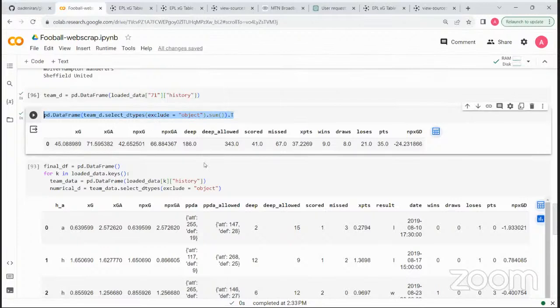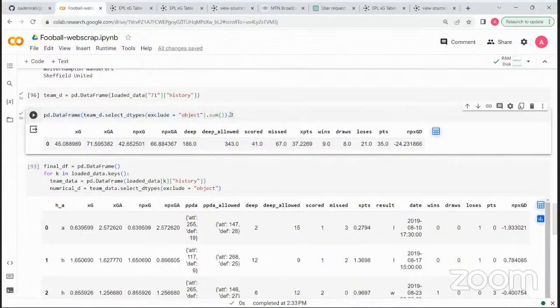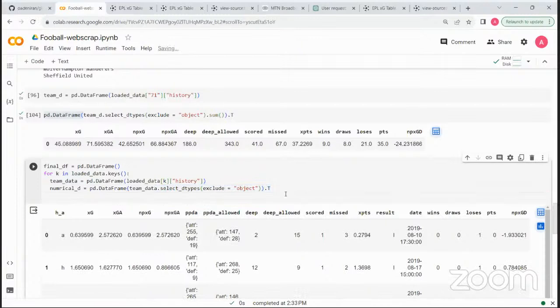Okay, since you guys understand this, then let me continue with the for loop. So this data dot select the types dot exclude objects. I'm just going to copy this for you because I'm in the mood. Control V, dot T. Okay, so now since this is done, I'm now going to do something. So the final df